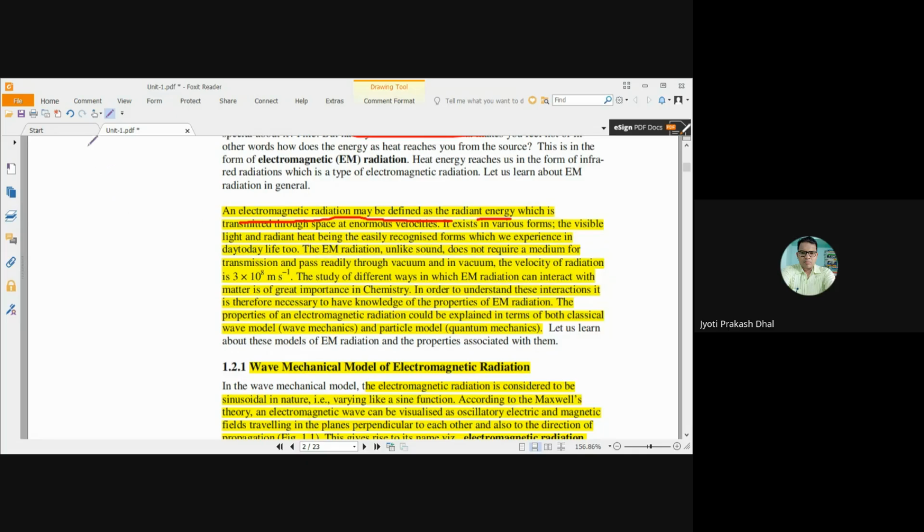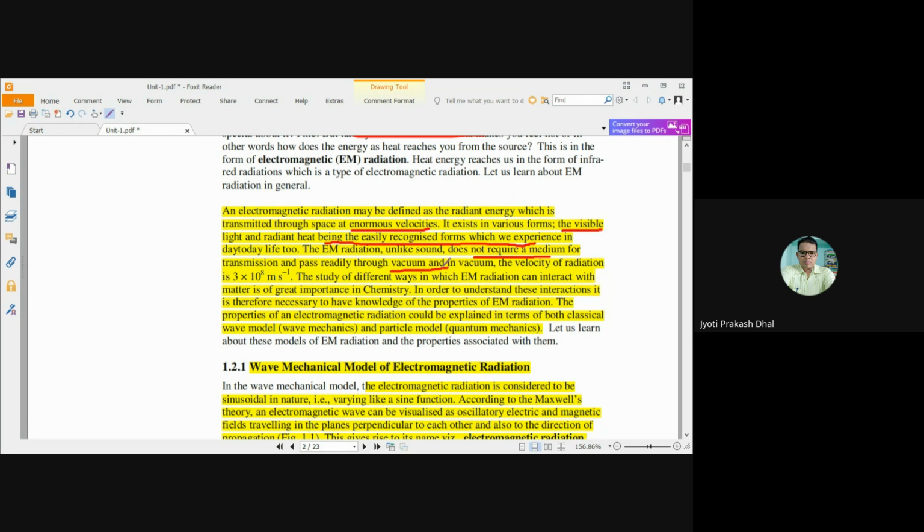Energy which is the radiant energy which is transmitted through space at enormous velocity. So that is one type of radiant energy, and that is transmitted in space. It exists in various forms, that is the visible light, radiant heat being easily recognized, which we experience in day-to-day life, and the electromagnetic radiation, unlike sound, does not require any medium for transmission and passes readily through